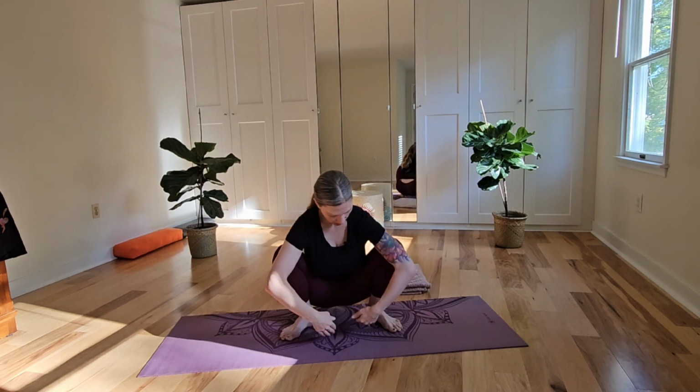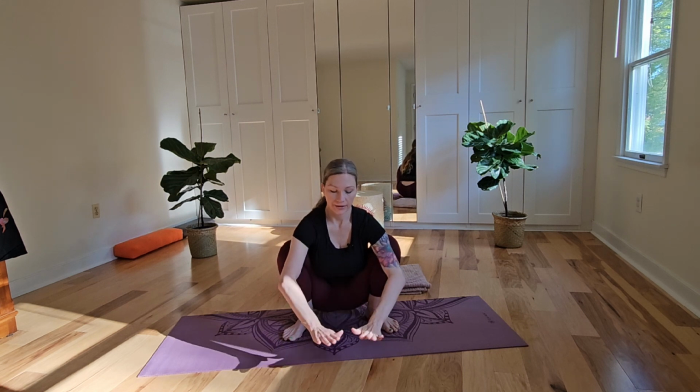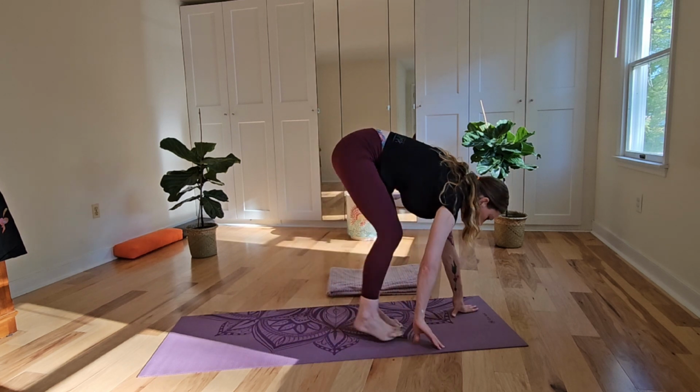Adjust your feet. You want them angled out. Again, we don't want to feel a stretch in our knee. We want to feel the stretch in our hips. A little bit in our back. Not in our knees. Great. Now, placing your hands down, supporting yourself as we lift back up, bringing our feet together